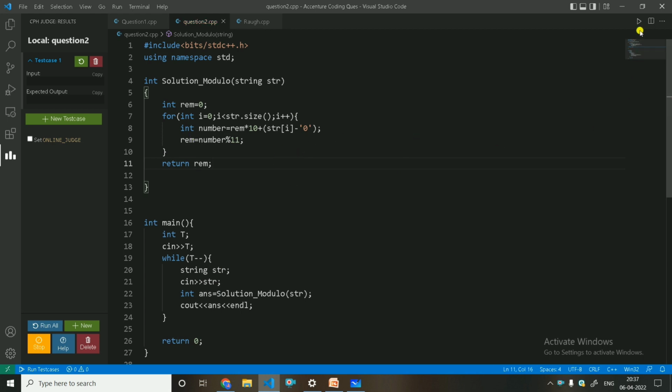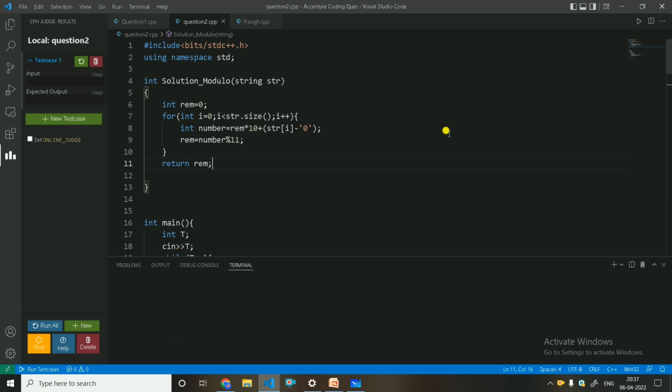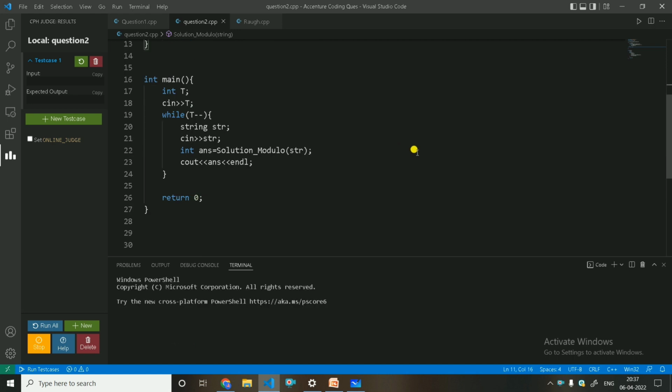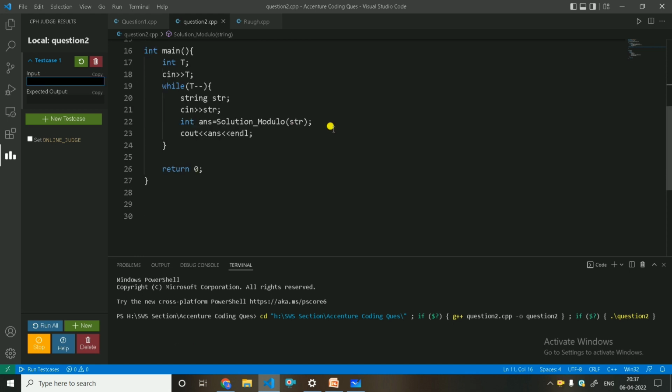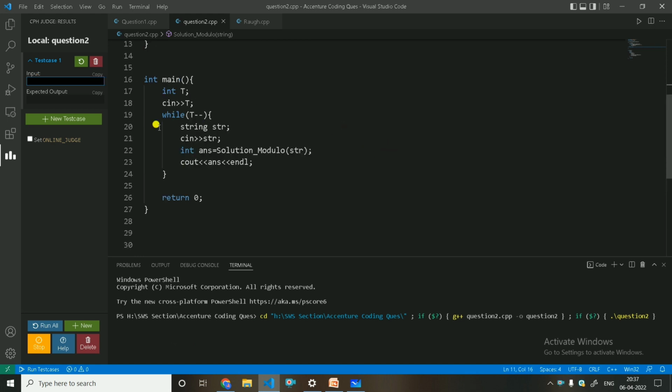Now let's save the code and run it, and then we will see the input test cases. Let me give the inputs. I am giving 2 test cases, and then I am passing the strings: 121 and 1347, right?